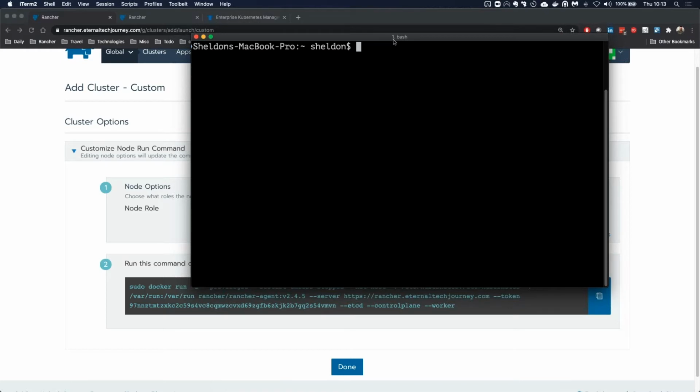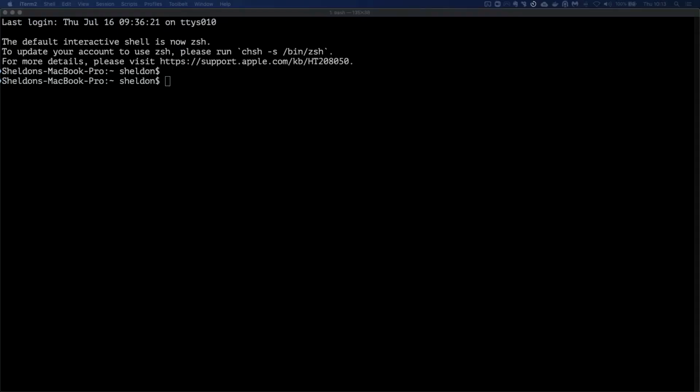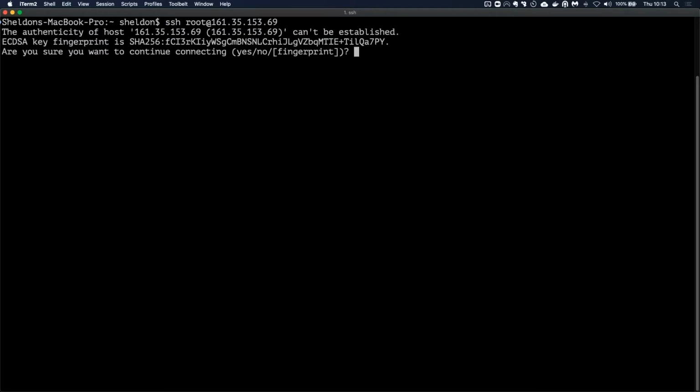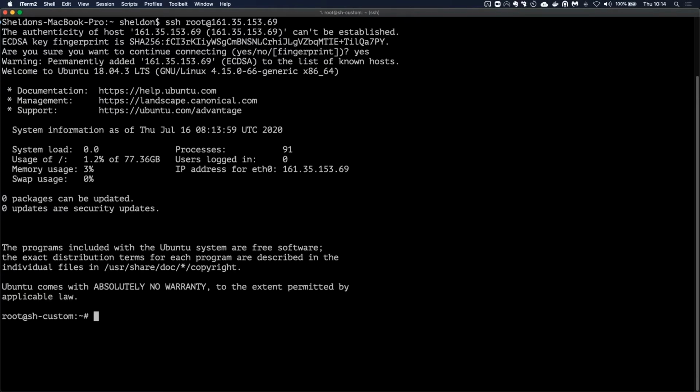Let me increase this a bit, and then I will go to a custom cluster. Let me copy the IP. So on this one, SSH. This is just a machine on DigitalOcean, as you can see, it's completely new. And actually,